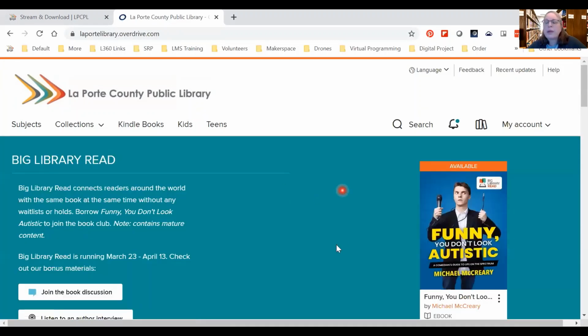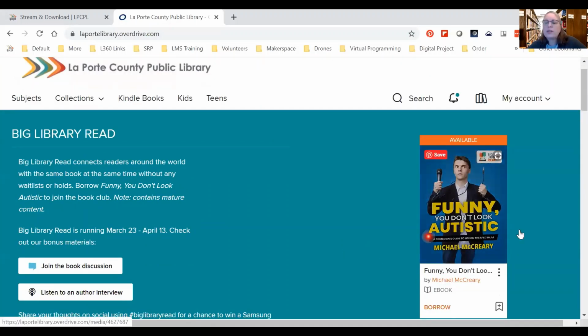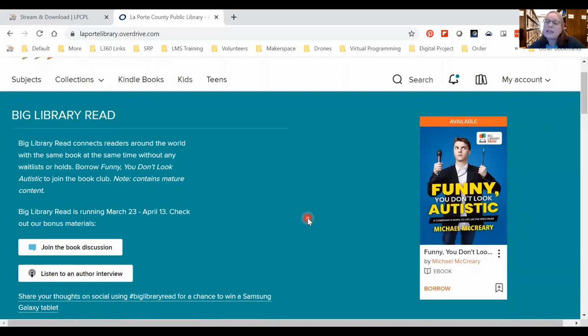Okay, so tip number 3 is how to check out a title. We're going to go ahead and use this as an example right here. The Big Library Read is a virtual book club title that Greg is leading an event on Thursday night of this week at 6 o'clock. If you want to join in, you might be able to read this title before then